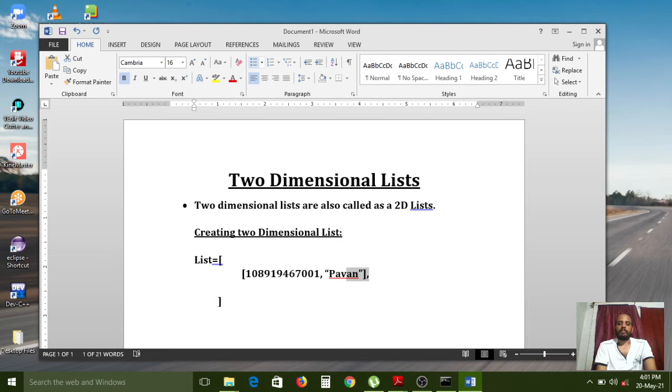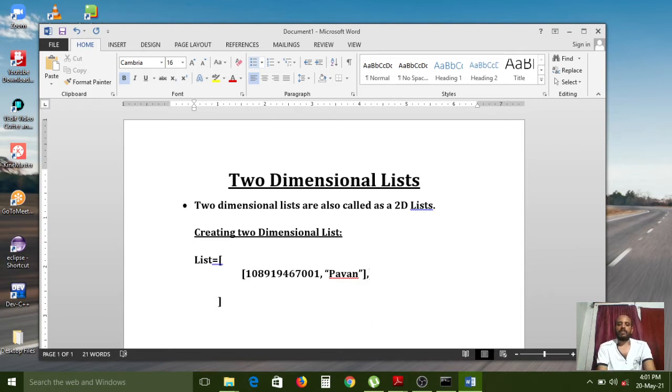Because of this complete square bracket opening and closing, in between those square brackets I use the hall ticket number as well as the name. Two pieces of data I am maintaining. So this is stored in one dimension, in column 1, and this is also stored in column 2. This is completely called a record. Here we are maintaining a two-dimensional array, a two-dimensional list we are creating.